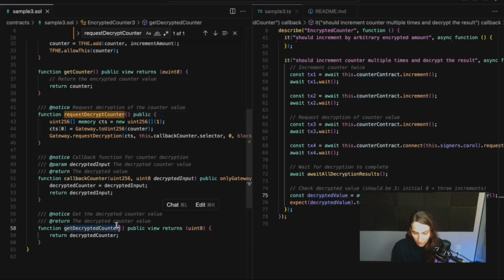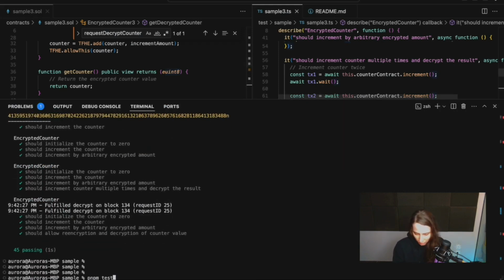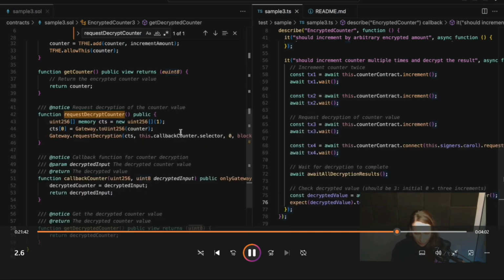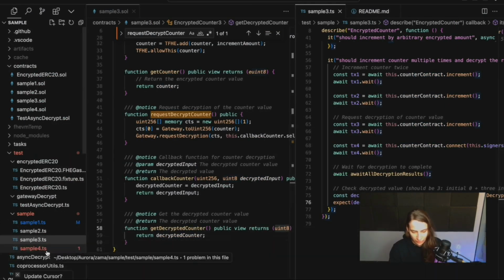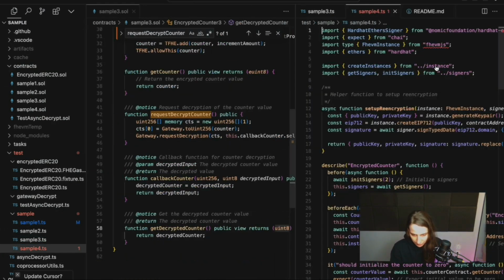So we call this function here, and we can see it's not encrypted uint anymore. It's a normal uint, and we can see that this actually equals 3, right? And if you don't believe me, the tests are passing, right? All right. Because we are short on time, let's get to our final sample.